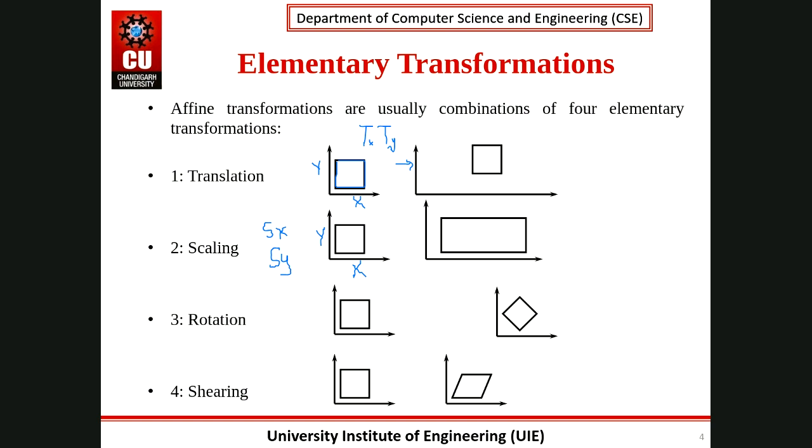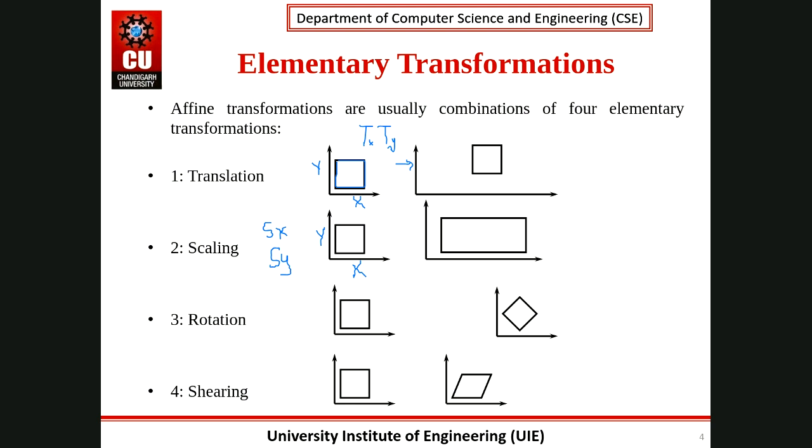Okay, guys, so let me show you the correct answer. Yes, the correct option is the third one. Whenever the scaling factor values lie between 0 and 1, the size of an object decreases. But if the scaling factors Sx and Sy are greater than 1, then the size of the object increases. The object size remains the same when both Sx and Sy are equal to 1.